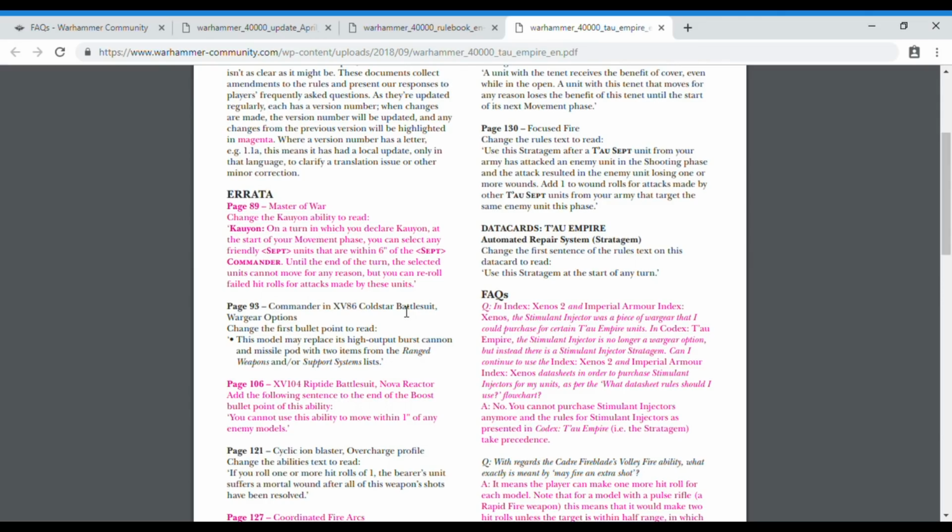So page 89, Master of War, change the Cao Yun ability to read: Cao Yun. On a turn in which you declare Cao Yun at the start of your movement phase, you can select any friendly Sept units that are within 6 inches of the Sept commander. Until the end of the turn, the selected units cannot move for any reason, but you can reroll failed hit rolls for attacks made by these units. The key difference here is that